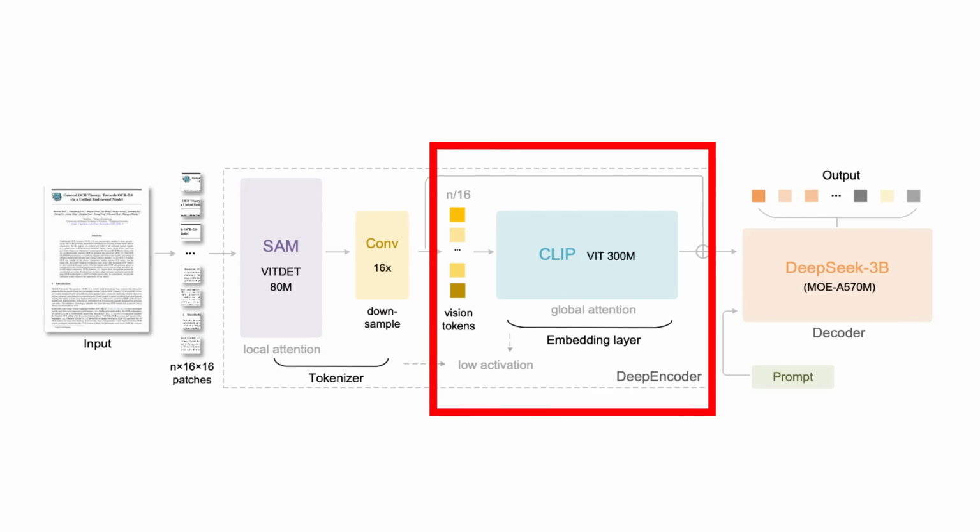In the second stage, they pass it into a CLIP model. And the idea here is that this is going to take these sort of compressed pieces of information and use global attention to work out what relates to what. At this point, they've got something that's like a really efficient summary of this. Now, I'm massively simplifying it here just to explain it in a short amount of time, but you can kind of think of what they're doing as a multi-stage way of extracting out the information, as opposed to just trying to pay attention to everything and ending up with too many tokens.